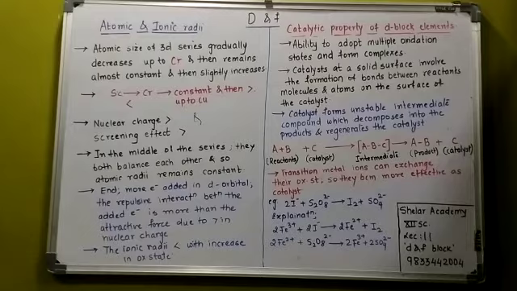Next we go for the catalytic property of the d block elements. As you know, all these d block elements are used as catalysts. They are able to form the complexes. Many transition elements are used as a catalyst in chemical reactions. The rate of a chemical reaction increases by the decrease in the energy of activation. You know what a catalyst does? The catalyst will decrease the activation energy, and because of this decrease in the activation energy, the rate of the chemical reaction increases. So that is the main reason for it, right?